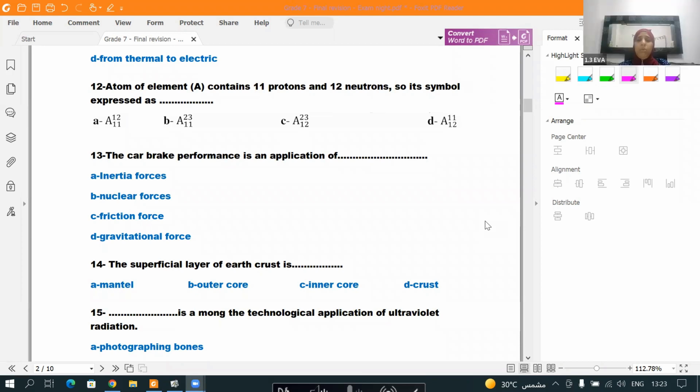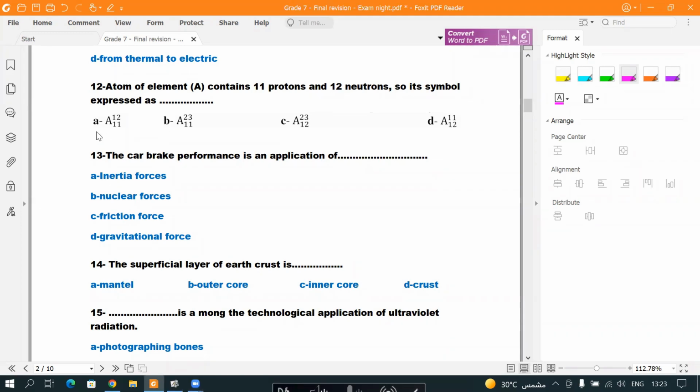No, it's not. B. It will be B. B, yes. Yes, very good. Why? Because up is the mass number, which is 11 plus 12. So it's 23. And there are 11 protons, so that will be